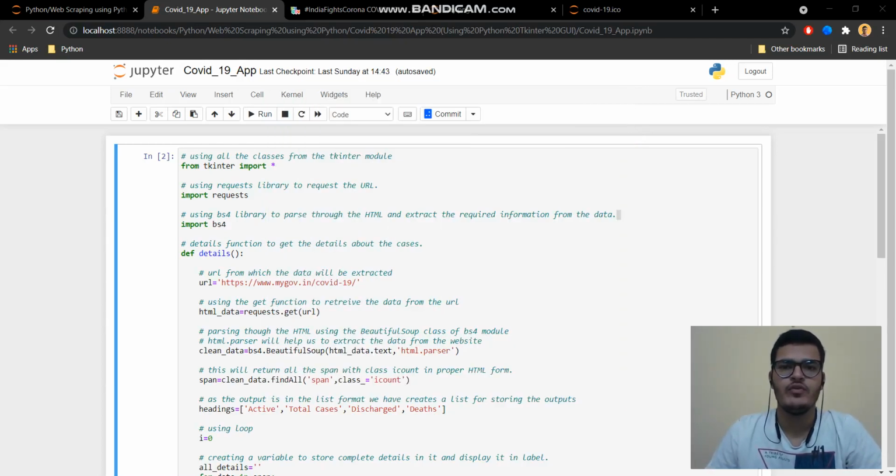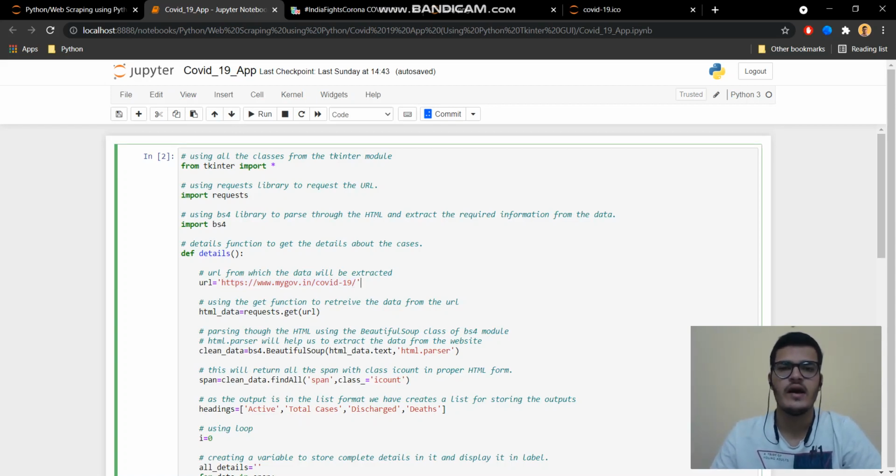Today I am going to give you my presentation on my Python mini project named COVID-19 app. The main aim of this project is to display a GUI-based window, or we can say dialog box, which displays the current active cases, recovered cases, as well as death cases all over India. I have created this app using Python's Tkinter module, and the data displayed on the window has been scraped from a government official website, which is displayed here. So let's go on with the project.